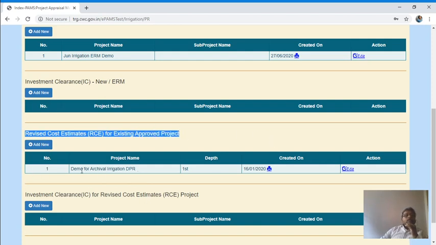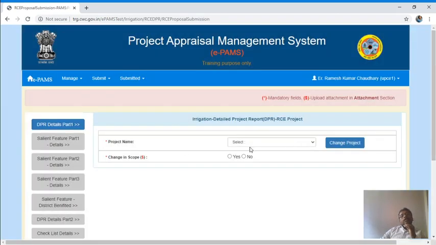Here this entry shows that someone has worked on this proposal, and it is with this login, still not submitted to the CWC. Suppose if you want to add new, then click here add, and you will find the project whatever has been approved by you, got approved by the CWC.